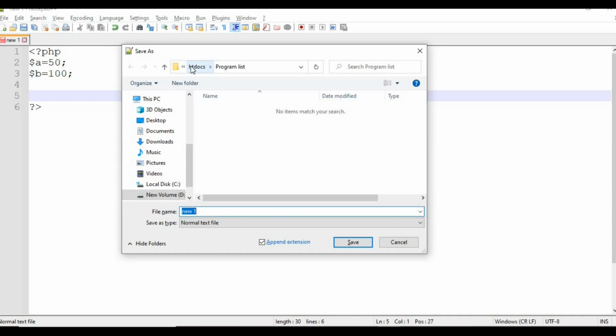Under XAMPP, in htdocs, we create one folder that is the program list. Under this we'll save this file as swap. PHP program files are always saved with the .php extension. Save it.